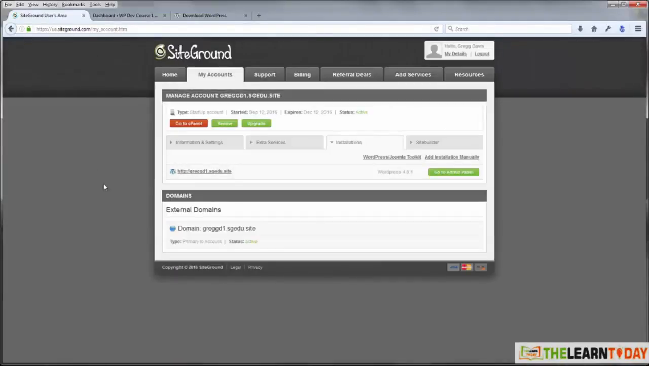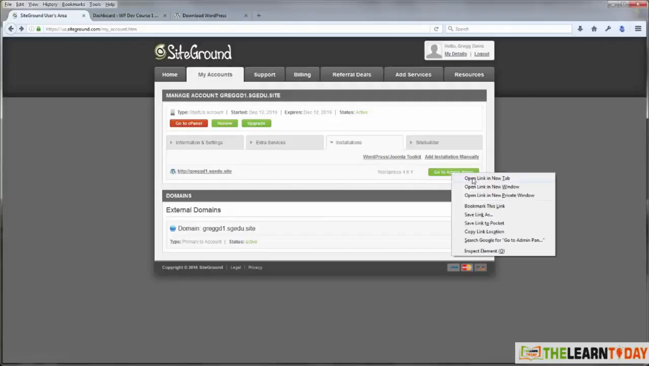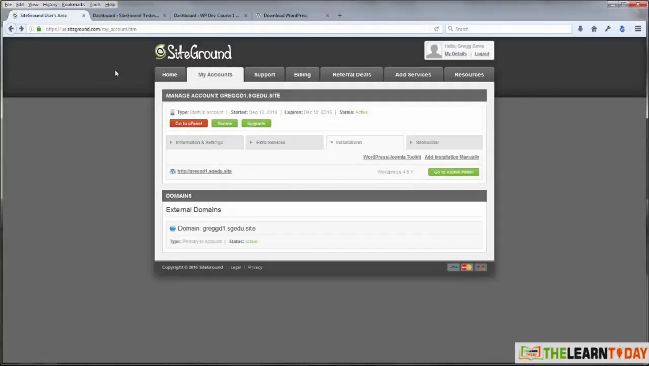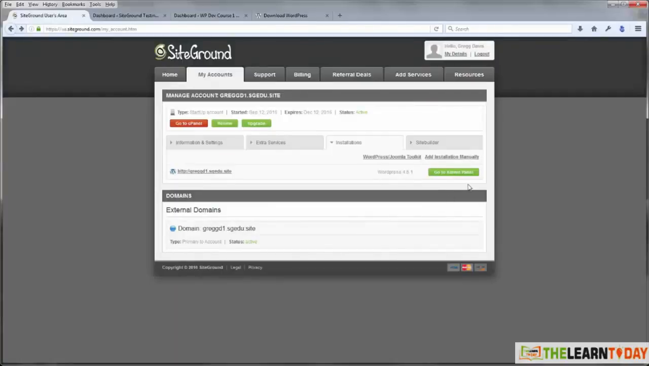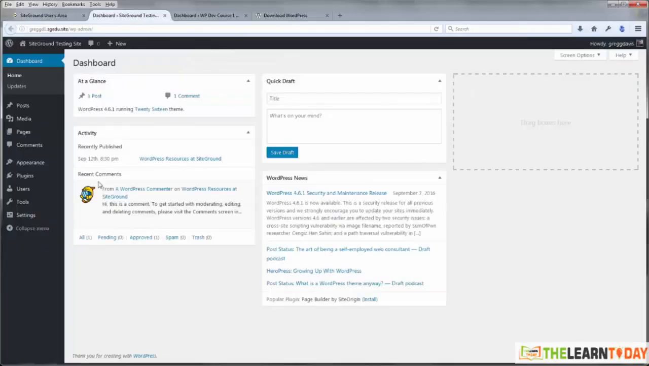Once you're there in the user area, you can go down to the right-hand side and click Go to Admin Panel. I'll usually right-click and open it in a new tab so that I can maintain the SiteGround user account area in a different tab. When you go to that new tab by using that Go to Admin Panel button, SiteGround will log you into